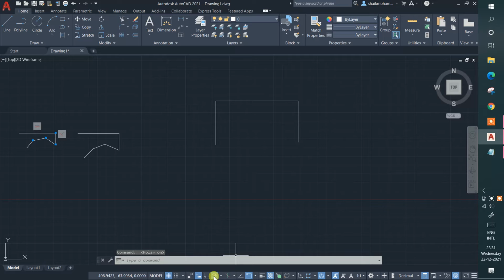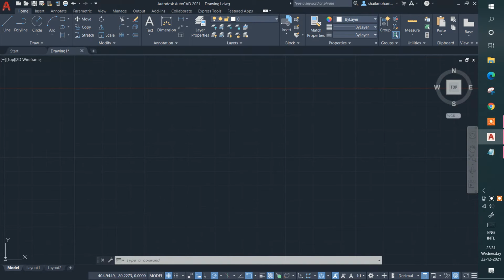And then after that, polar tracking, this is called F10. If you turn on this polar tracking, automatically ortho gets off, okay. This is somewhat opposite, and just go to this, guys. You can see 90, 180, 270, 360. As a civil engineer, I recommend you to click on only 90, 180, 270 and 360 only. These angles you can use, and let me show you what 90 and 180 degrees show you, okay.